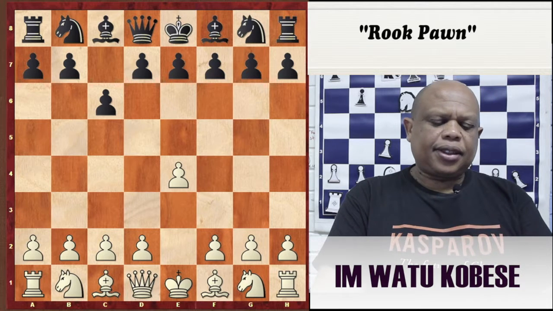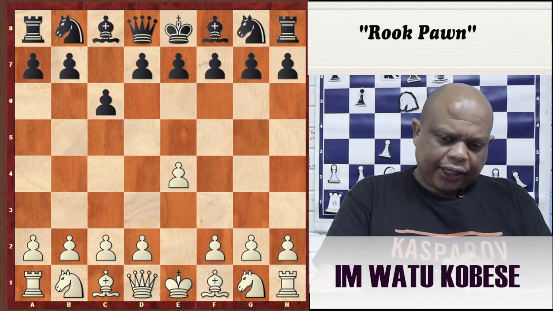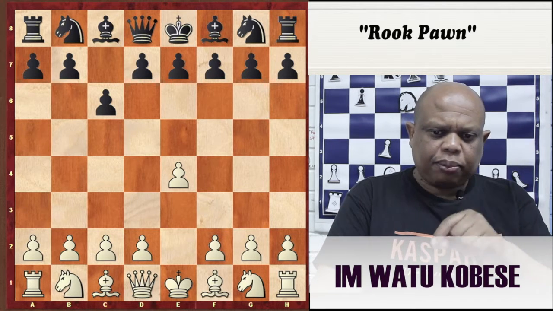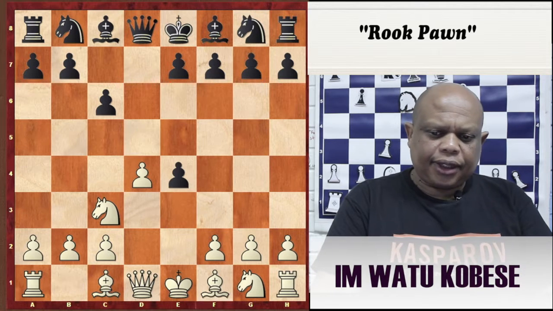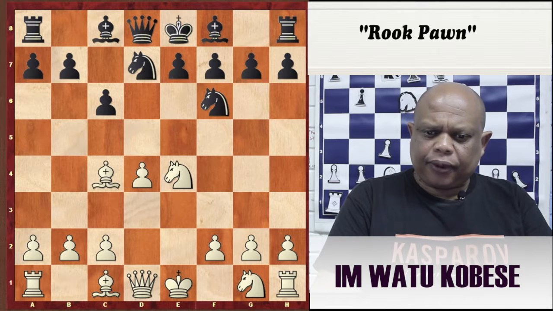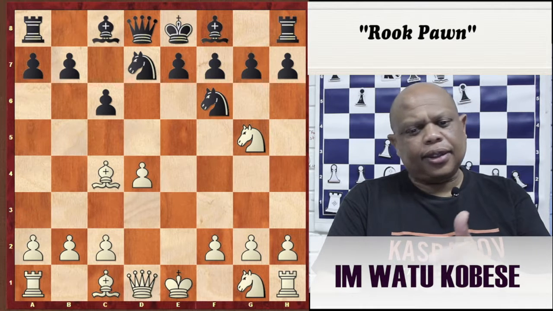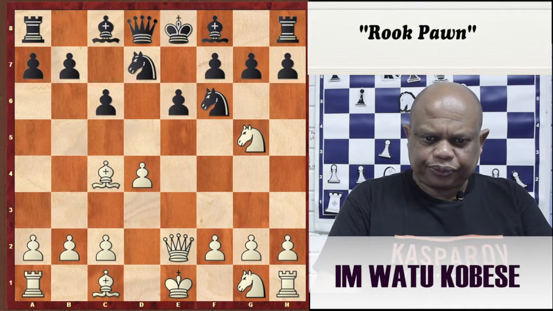e4, c6. This is the so-called Caro-Kann defense. Black is fighting against the pawn on e4, ready to play d5. d4, d5, knight c3, d takes e4, knight takes e4, knight d7, bishop c4, knight g f6. Many games have happened like this. This is theory. Knight g5, e6, queen e2,